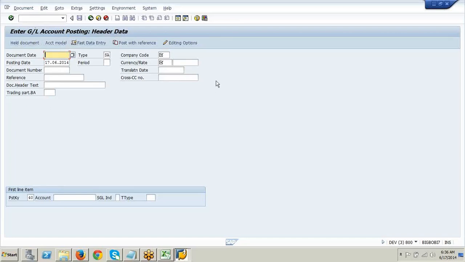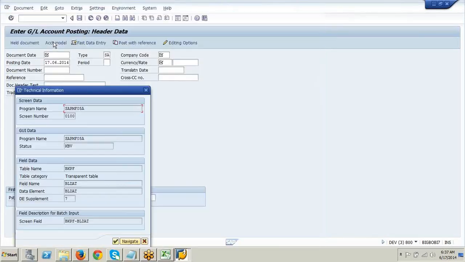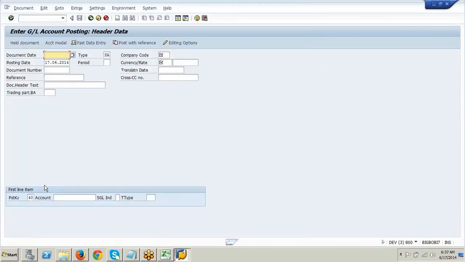For this header data, the table name is BKPF. Can you see here? This is BKPF. For this, we have a line item below this one. This is the BSEC table.